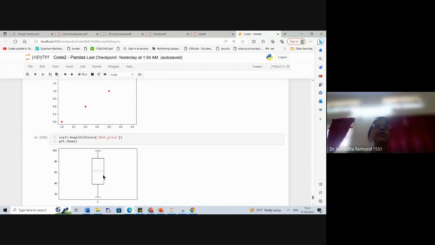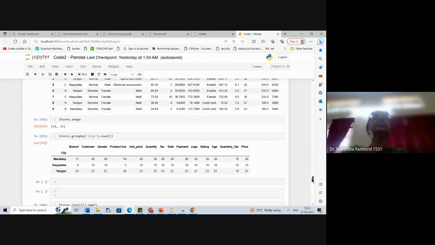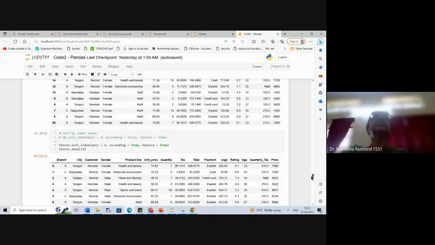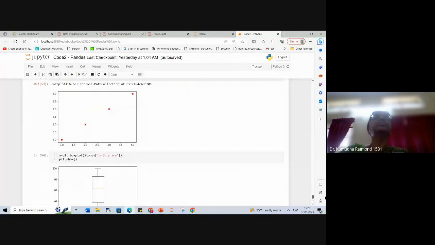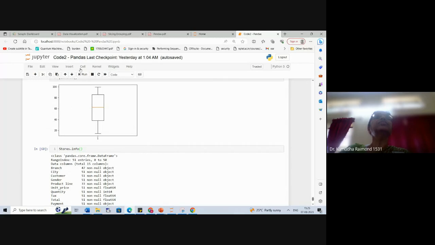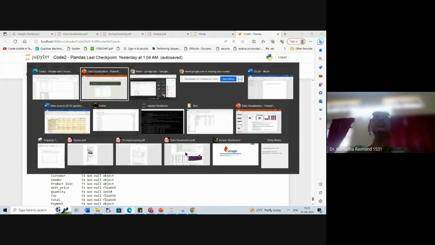You can see over here, it is actually going to be the plt.boxplot. Okay, and then I'm showing it what input I'm giving: one particular attribute. I can show you that attribute, unit price. You can see here the unit price. This is what I'm trying to use for the box plot. So that is what I'm having here, plt.boxplot